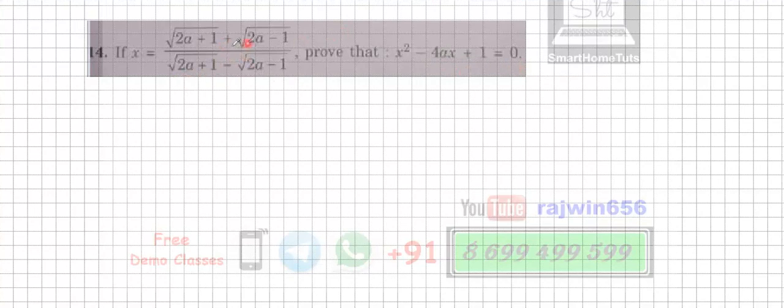Now you can see over here in the numerator and denominator, the first of these terms is same. In the denominator also the second of these terms is same, and in the numerator there is plus sign and in the denominator there is minus sign. So the first step that I am going to apply is componendo and dividendo. So I'll write the numerator terms first, both in numerator and denominator, and then I'm going to write the denominator terms later in numerator and denominator, then in the numerator plus and in the denominator minus. So I'm just going to write that part down.